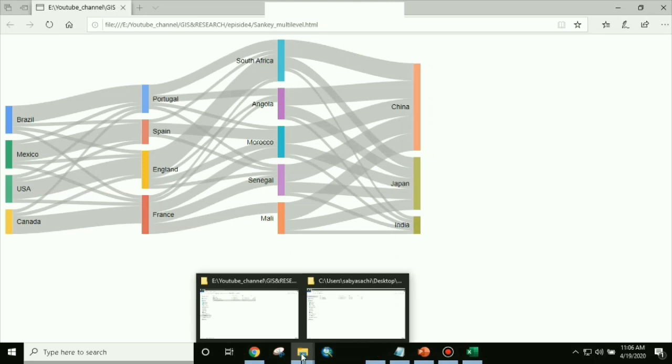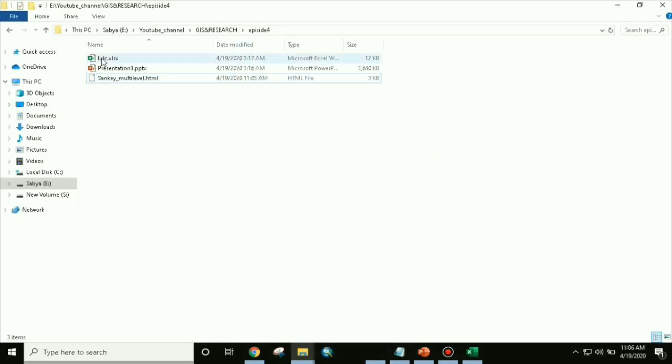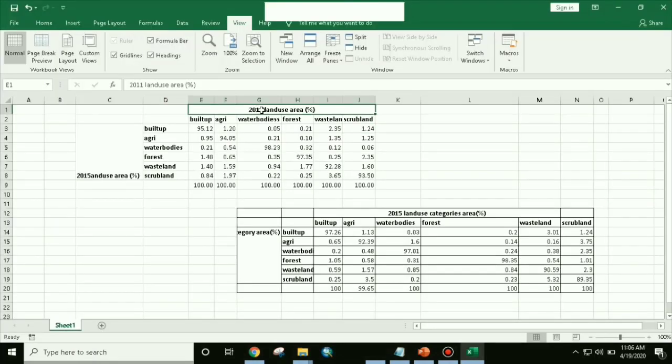Here I already have a land use land cover change data which I created. So we will see on that. Here what is given, the 2011 land use land cover change in area we have given as 10%. Then in 2015 this side it is there. So what are the changes happening between these two? If we see built up to built up, there is a very little change, less than 5% change is happening. In agriculture, 94% is more or less the same, and the remaining 6% has changed. Like that it is given over here.